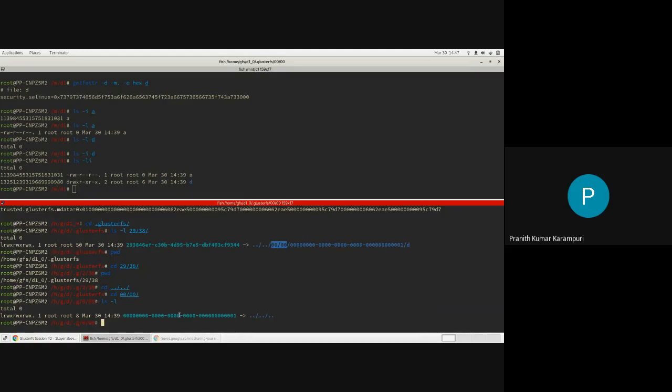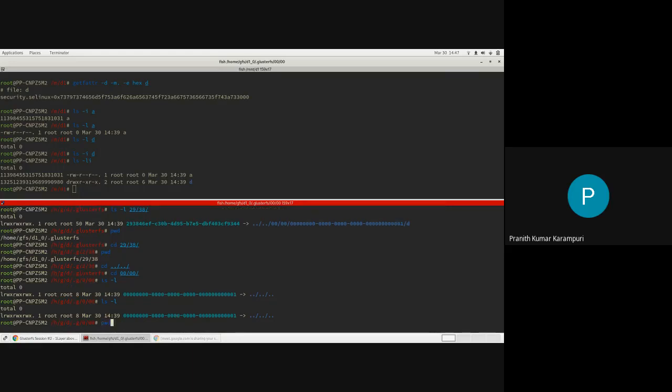We have a GFID which is all zeros and 1. So this is the root directory of the brick. This is pointing to the root directory of the brick, which is the home ZFS D1_0 in this brick. Okay.